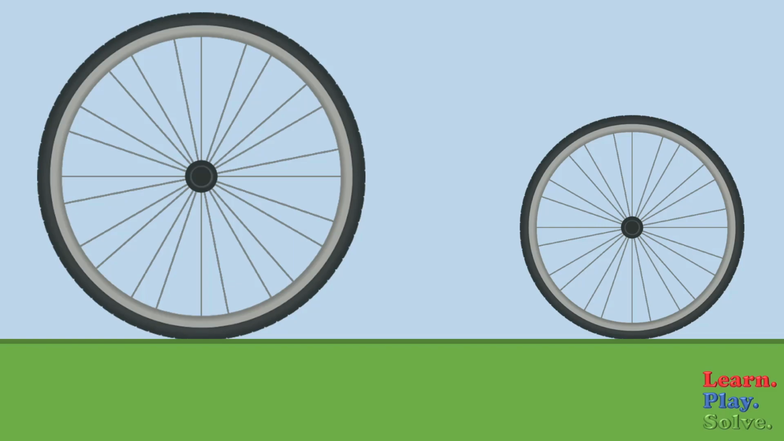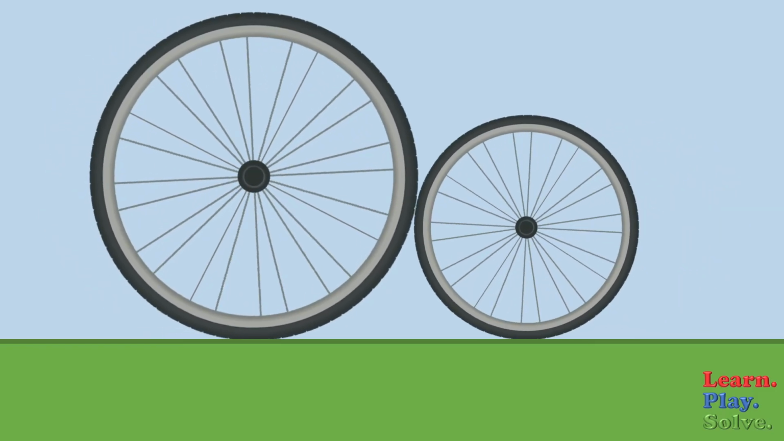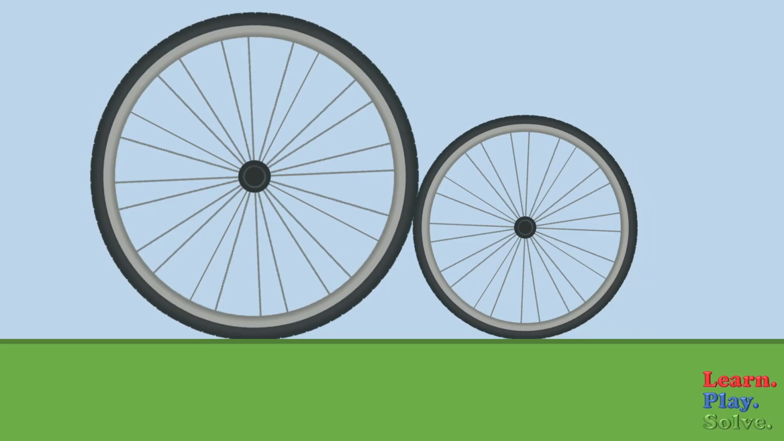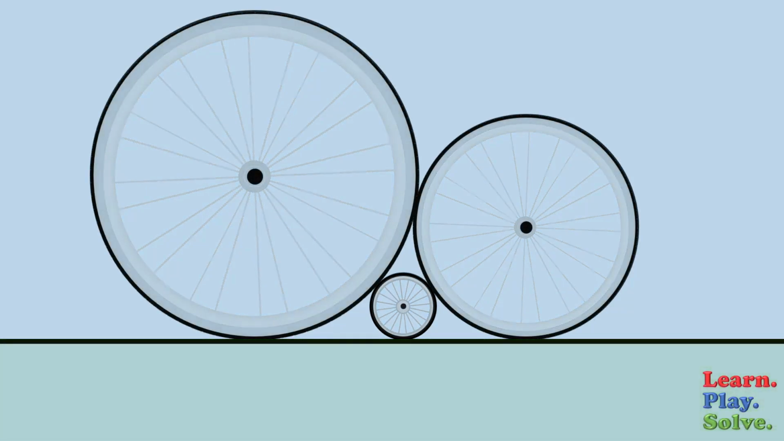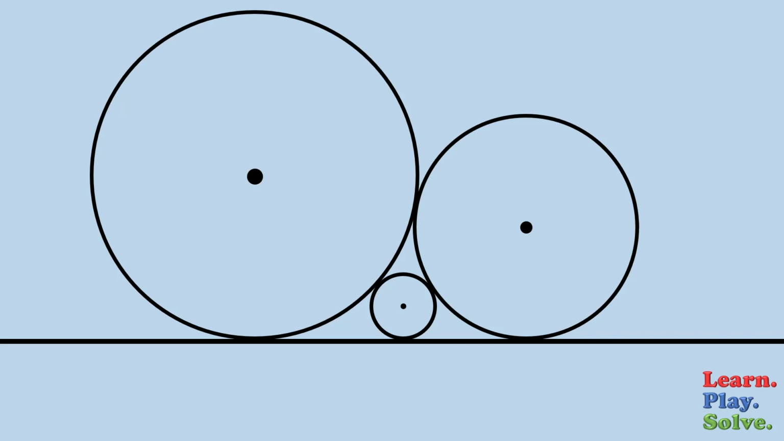Suppose you have two wheels, one with a 25-inch radius and the other with a 16-inch radius. If we put them together like this so that they are touching, what would be the radius of the biggest wheel you could fit between the two wheels and the ground? What we have is three different circles that are all tangent to each other and a common line. We know the size of the two larger circles, and we want to know the size of the small circle